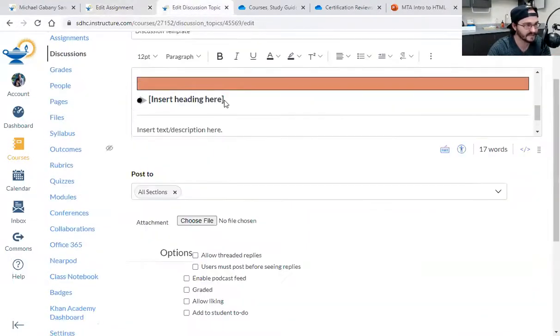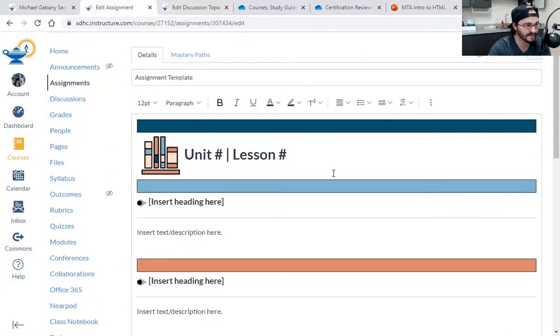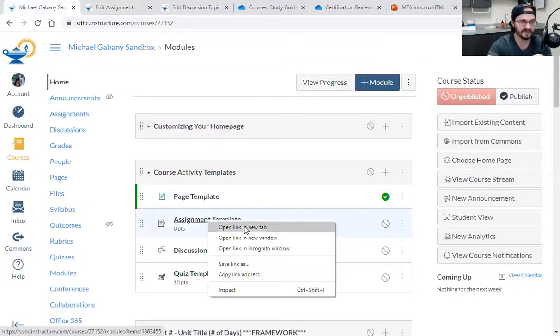All right, I keep that up. You see, I keep the discussion one up too. I really don't need it, but if you're gonna do this, go ahead and open it up. Trust me, right click it, open a new tab. I'm telling you, it's gonna save you. It's just gonna be easier, so much easier.